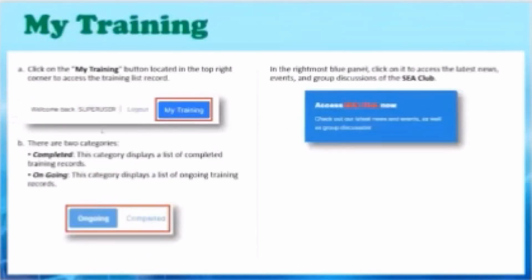Okay, at the same time, top right of the menu will be My Training. So this My Training will be same as dashboard, which will lead you to your page. Right here, you will be able to see the training status of all of your trainings, okay, which we already split into ongoing and completed